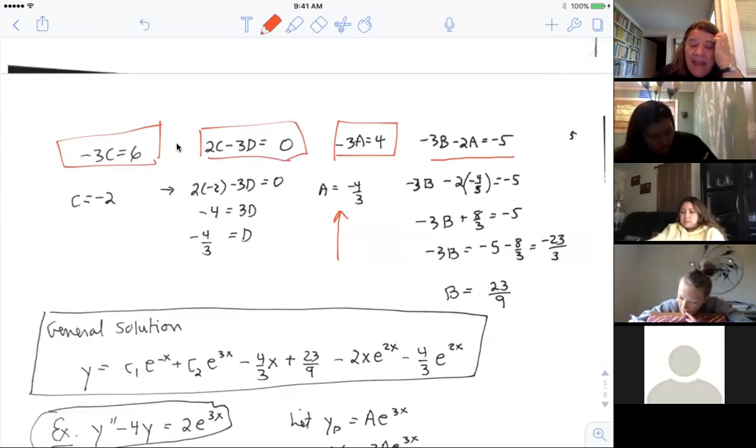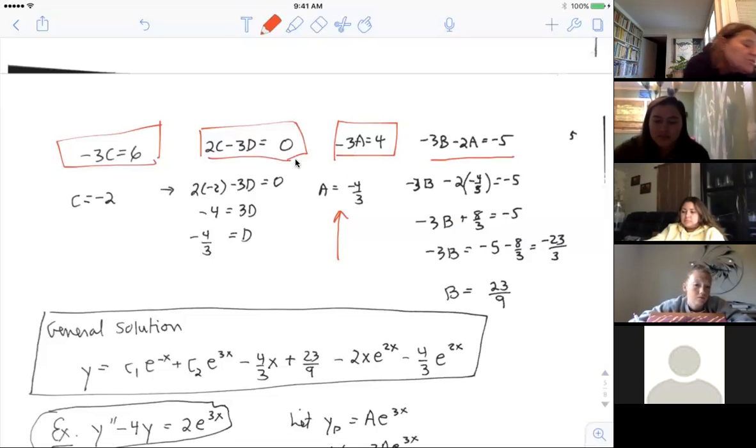I might have to in some situations write the system of equations and solve it, but in this case, I can get a hold on one of them, and by getting a hold on one of them, I can get the other one, and if I get those, I can get the other ones. So that's easy. There were actually 2 easy ones here. If -3C is 6, C is -2. So I've already got 2 of them right there.